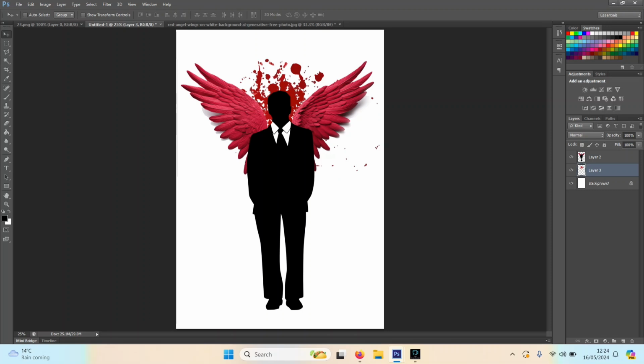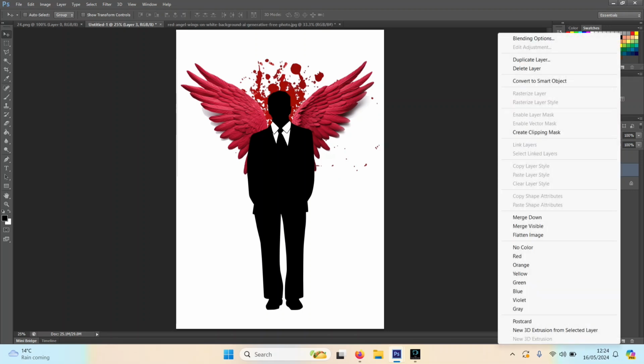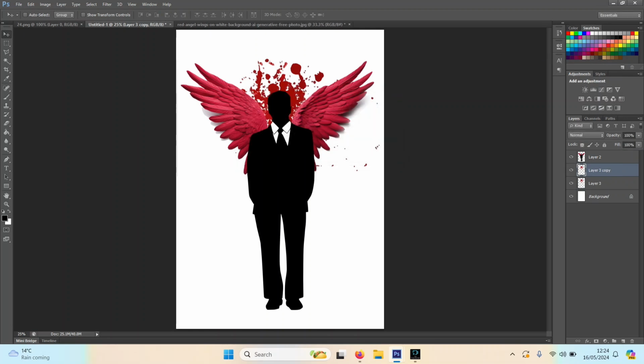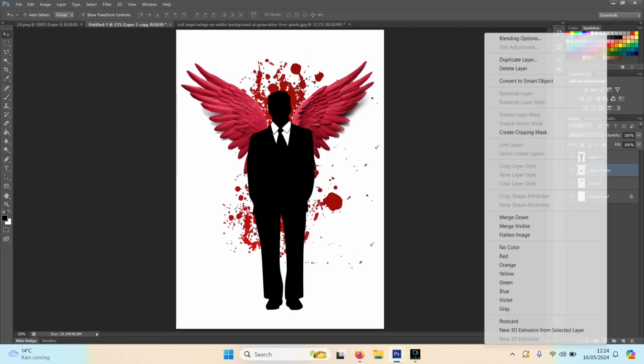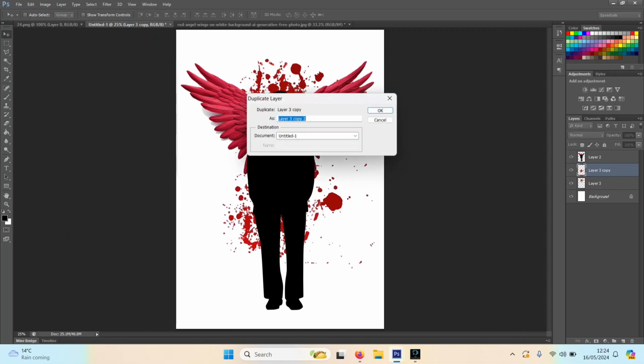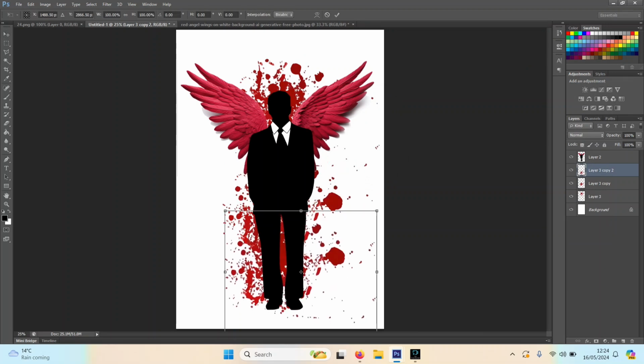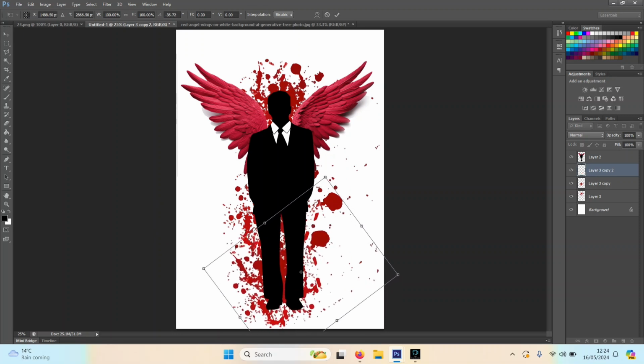So what I'm going to do is see how it looks if I have more of the blood. I'm going to create another layer or two of this, duplicate it. So we've got a duplicate, layer 3 copy. Now I can bring some more here, another one, duplicate layer again, so layer 3 copy 2, and bring some more there, maybe tilt it a bit so it's not also